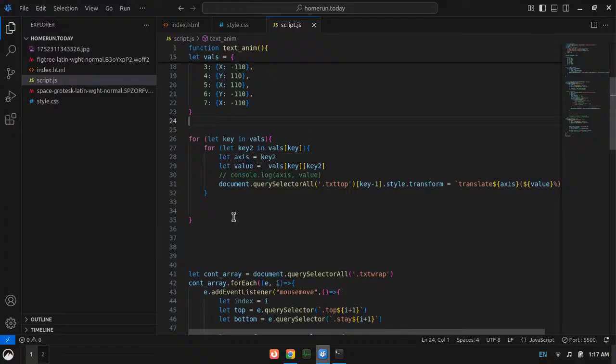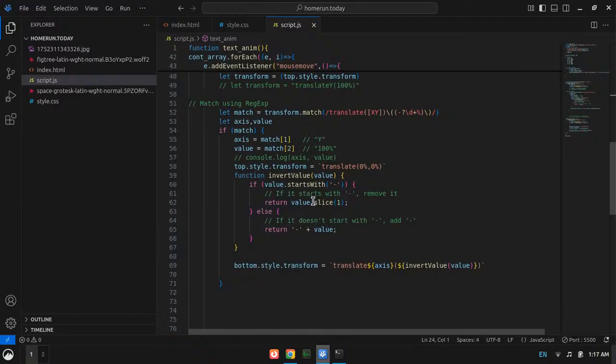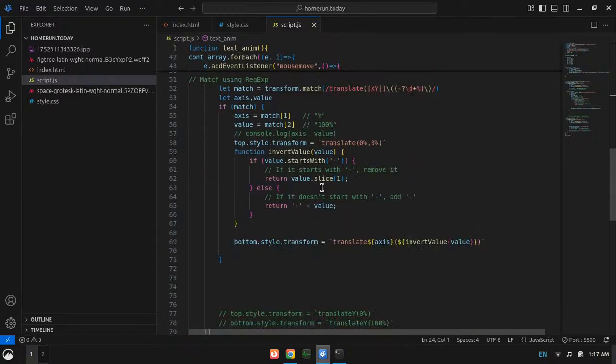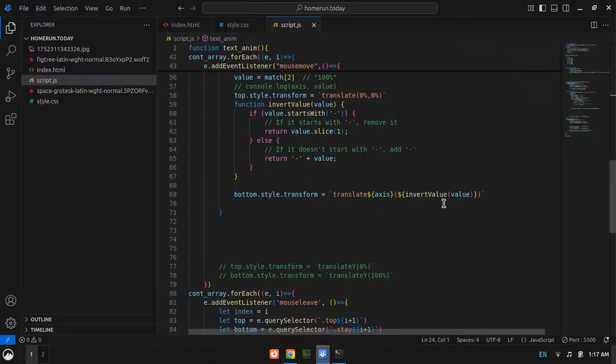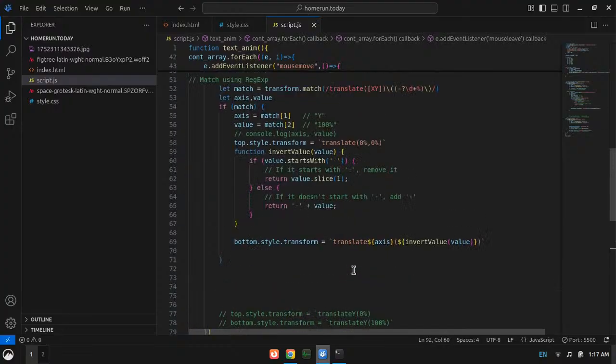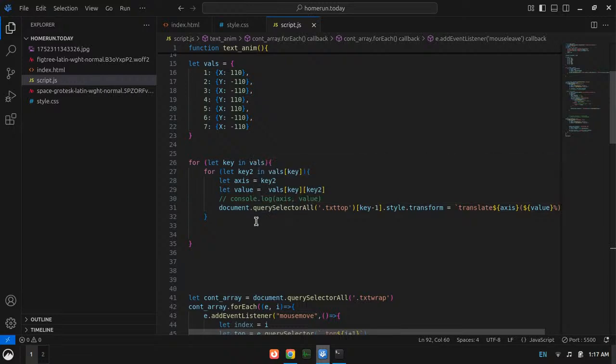Inside this mouse move element, what I am doing is style.transform and translate. This is what I am trying to do initially, but how would I do that? Now axis and value is also here.